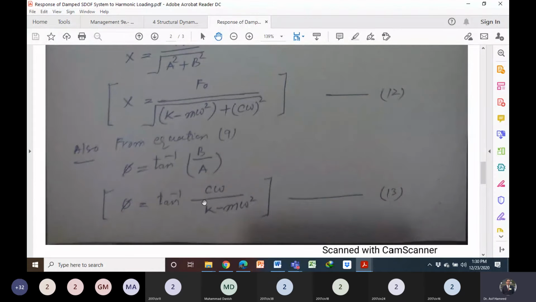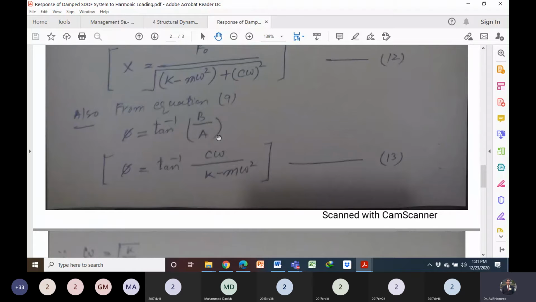Up to this point, any confusion, any question? Last time we did the same. We calculated the value of the amplification factor, and also we calculated the phase angle, that we have not used. The reason I will discuss later. But amplification we calculated previously.